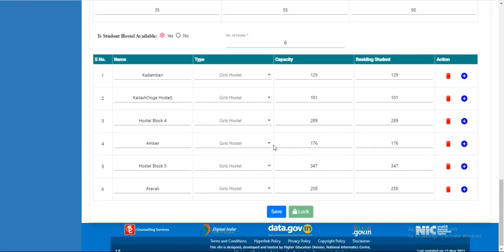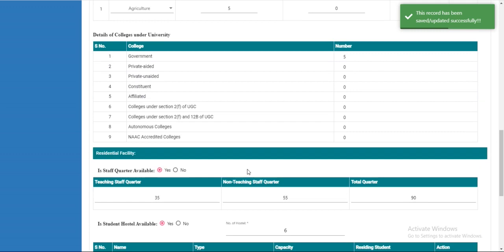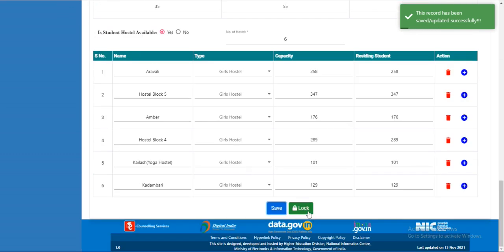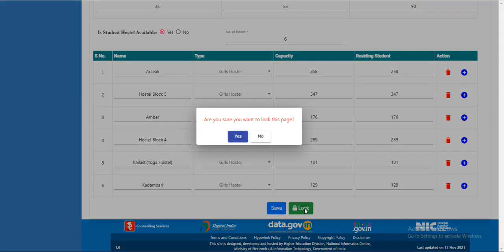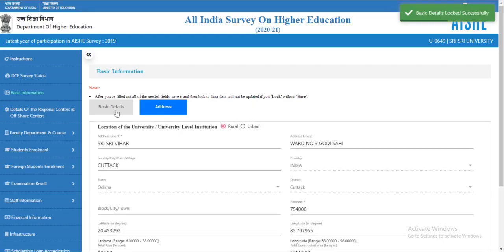After filling all the data, click Save. The data is saved. Now we can lock this page. Click Yes. As you can see, after saving the basic details, all of the other menus are visible now.